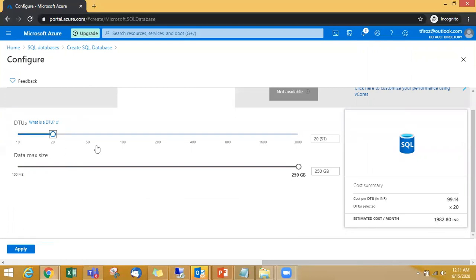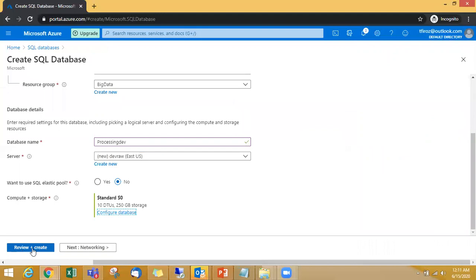So based on your need, you can select that. For now, I'm just creating a sample database for demo purposes. I'll be selecting the lowest cost possible. So I'll click on apply, and then click on next.